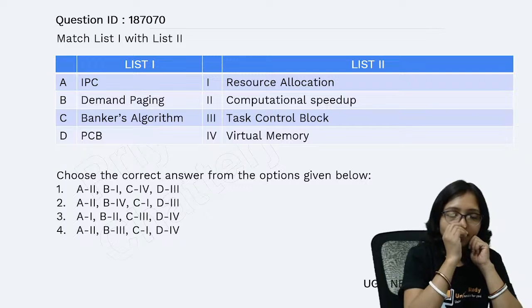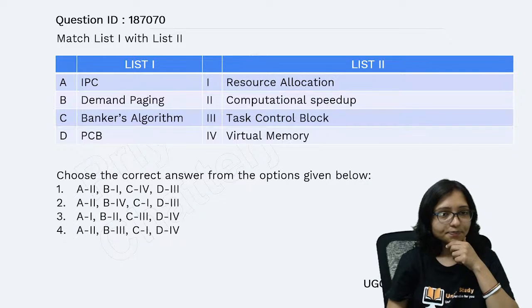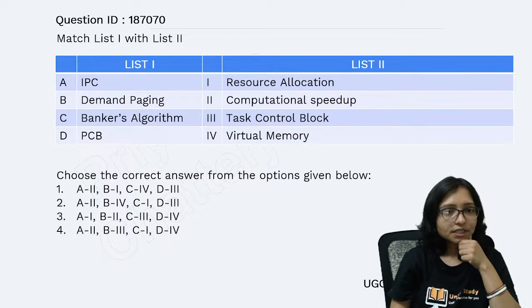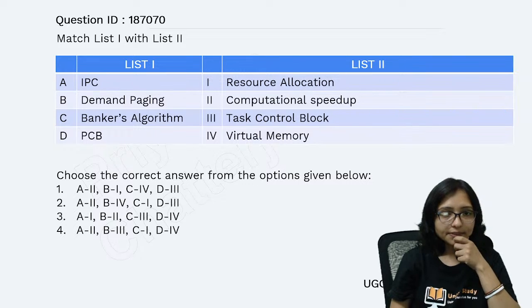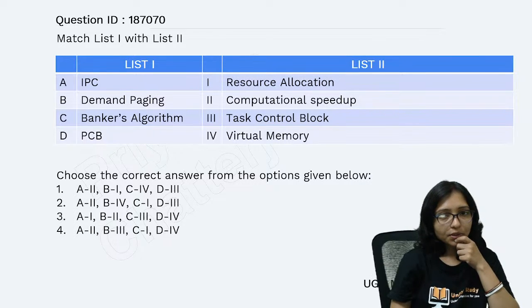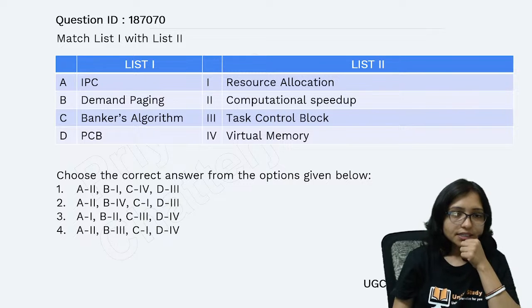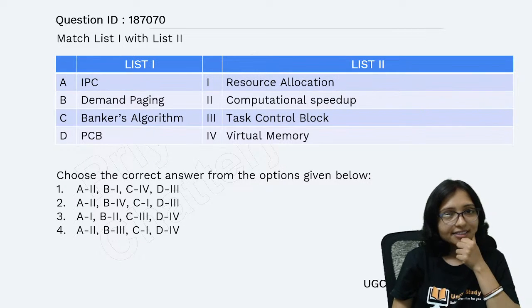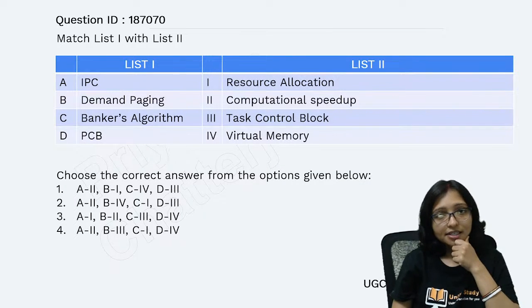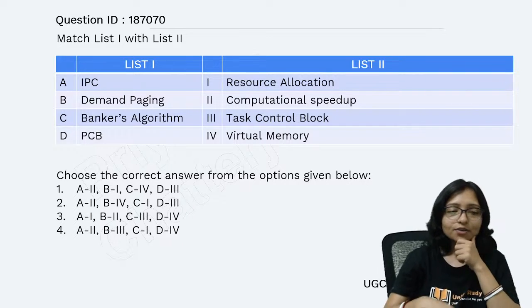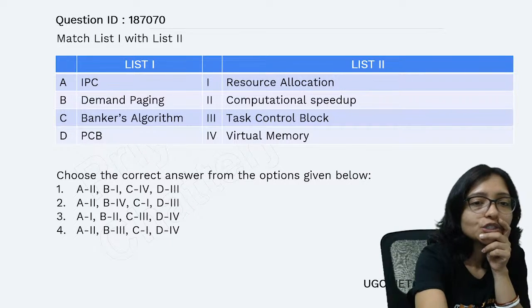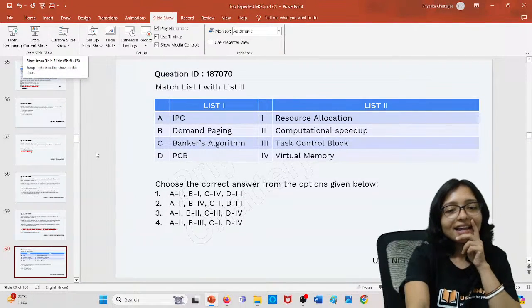Match it. IPC, demand paging, banker's algorithm and PCB. Resource allocation, computational speed up, task control, virtual memory. Ten, 9, 8, 7, 6, 4, 3, 2, 1 and